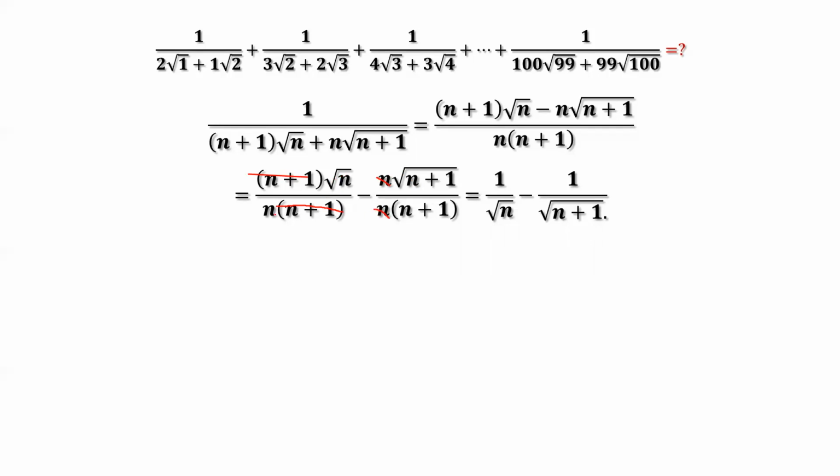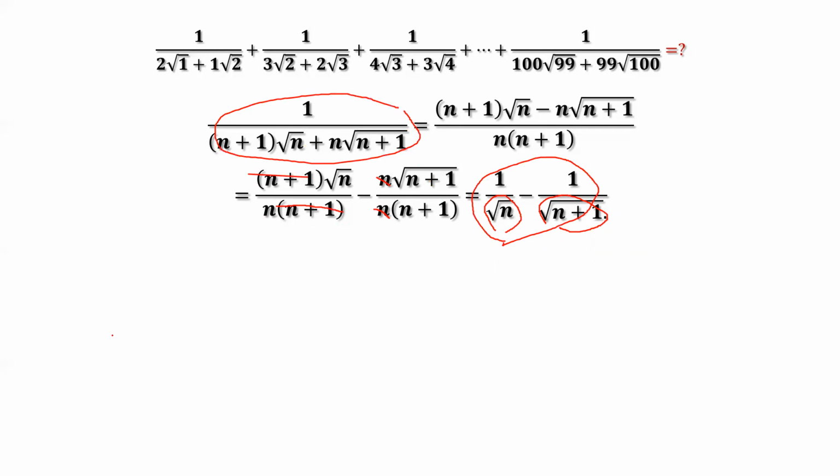So square root of n divided by n, what is that? Actually, n is what? Square root of n squared. So you cancel 1, you still have 1 here. Right? You still have 1 here. And this one, square root of n plus 1, its square is here. Then you have 1 more here. Okay. This is the result. So this is the result, the general result for the general nth term, right?